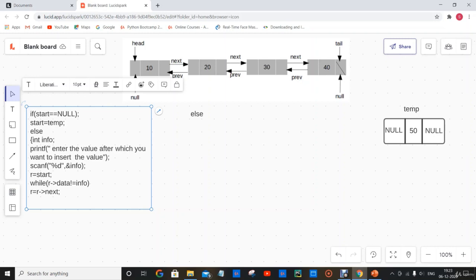So after dragging R, what we have to do is check whether the node, that is R of next, equals null. What does it mean? If the next part of R equals null, then for sure it is the last node after which we are going to insert the temp, right? So if we are going to insert this temp at the end, then the change that is going to happen is the next part of R,